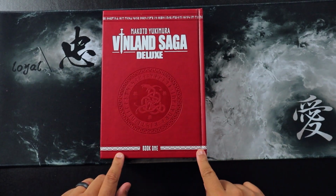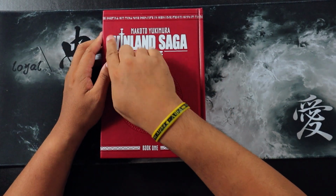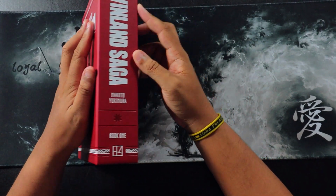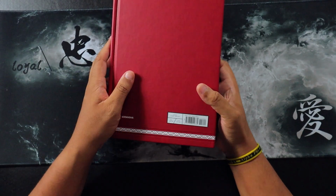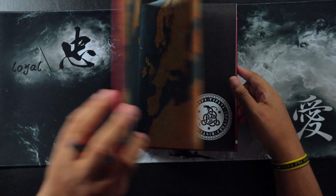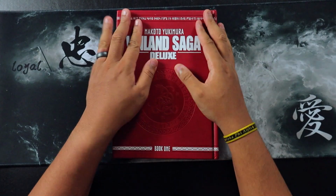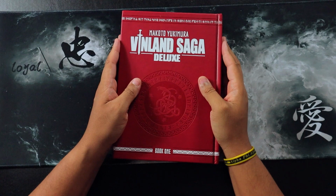I mean, you can see just the intricate details, like these lines down here, and then the Nordic language, I guess. I could be wrong, so I actually don't even want to say that. And then you see the Kodansha symbol. Then you see the map on this side, and I won't show you too much because I do know that can sometimes be a problem on YouTube. But as of right now, based on this first one, Vinland Saga, I do feel like it's great quality,